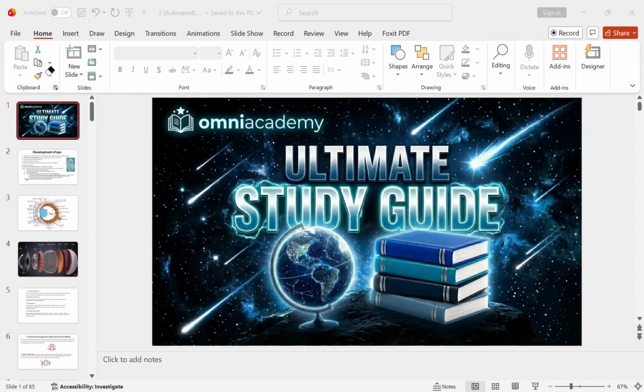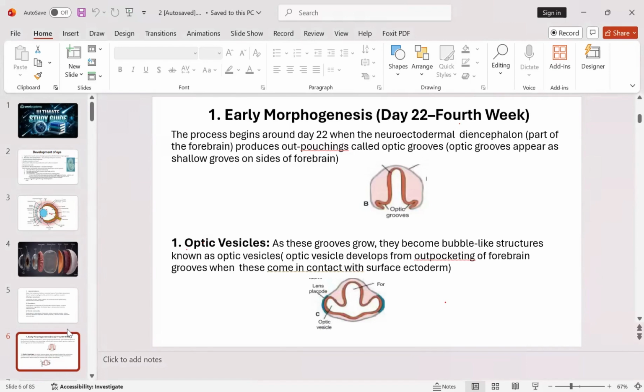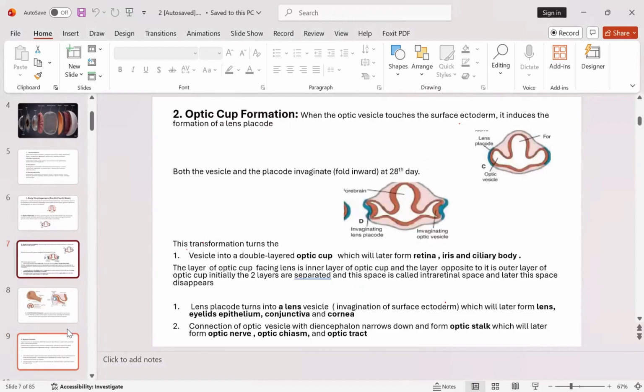In the last lecture, we studied the early morphogenesis of the eye, and in today's lecture, we will be studying the development of the lens. But before that, let me just revise the step of invagination because this step is important in the development of the lens. The step of invagination converts the optic vesicle into an optic cup and the lens placode into